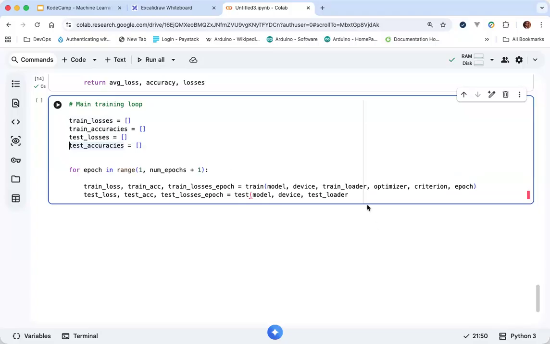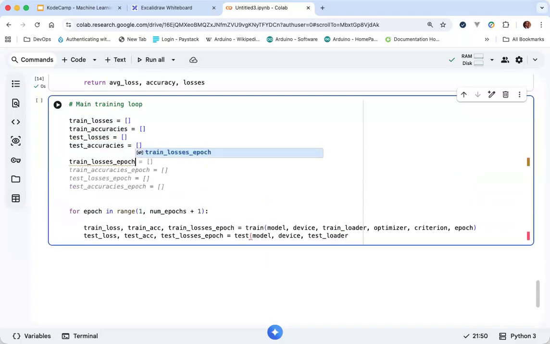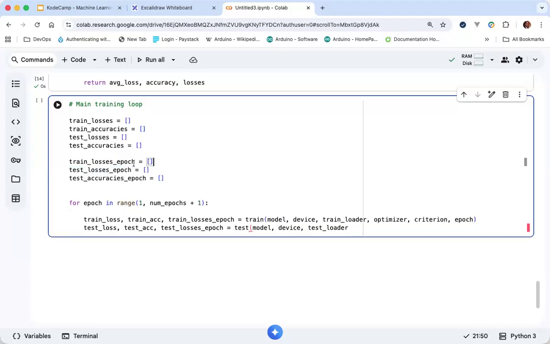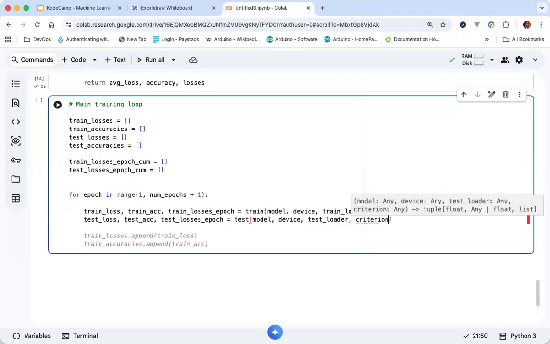Anyway, I'll come to that. So the train losses, the accumulated train losses, and the accumulated test losses. Criterion for tests and